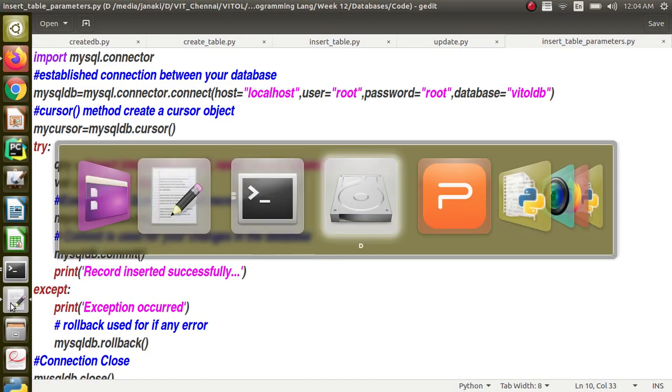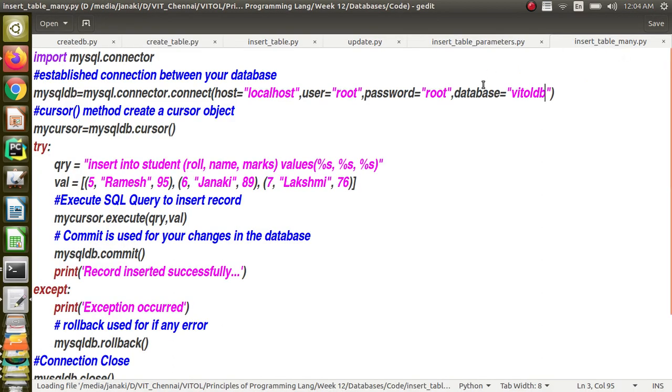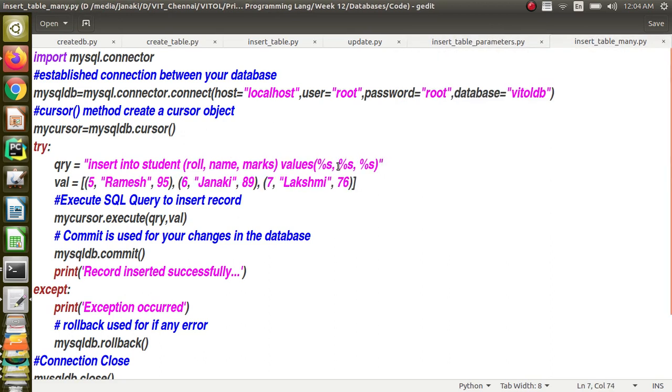Okay, and one more thing you have to see is how to insert into a table with many parameters. The same way the connection is done and the cursor object is obtained. The query is also the same as what we saw in the previous example when we inserted using parameters. But when you look at the values, instead of having a single tuple, we are going to have 3 tuples, because we saw that a result set is also a list of tuples.